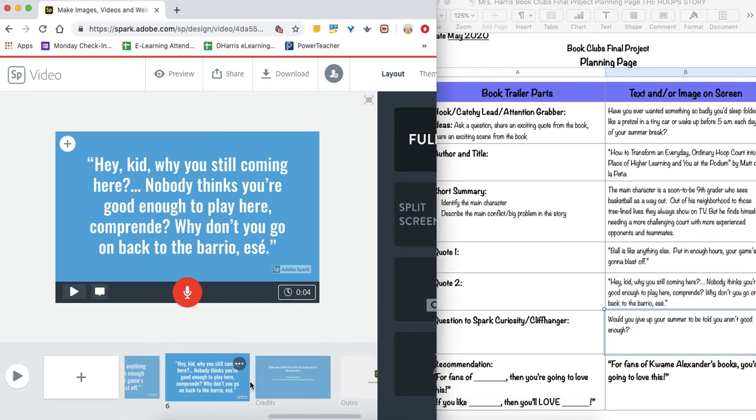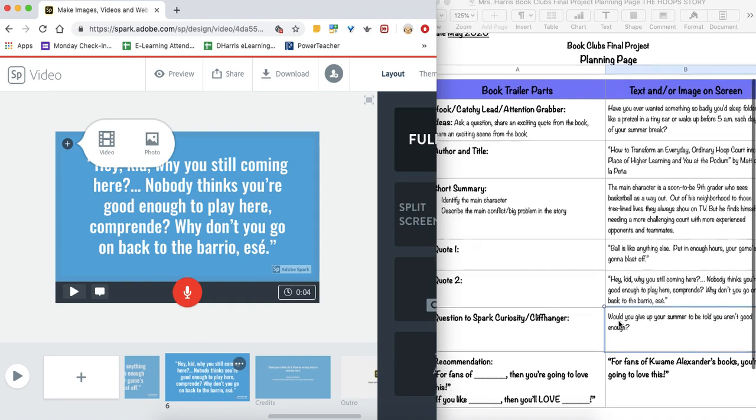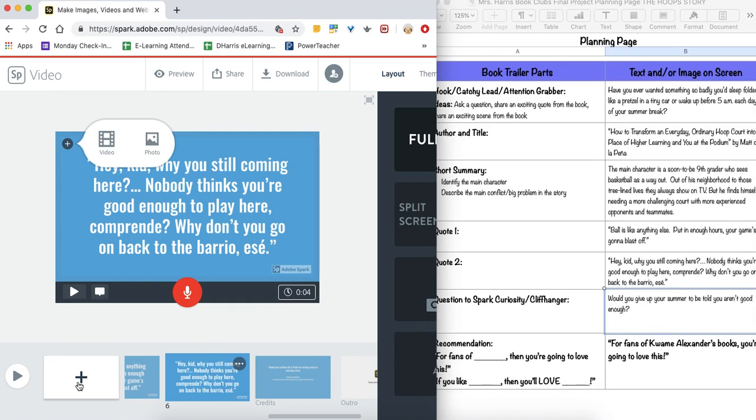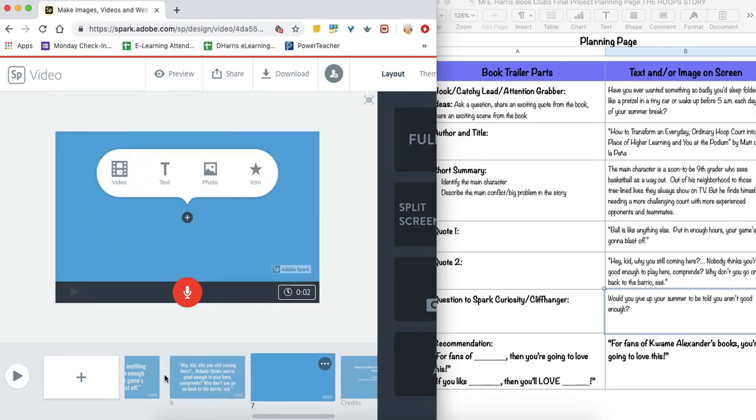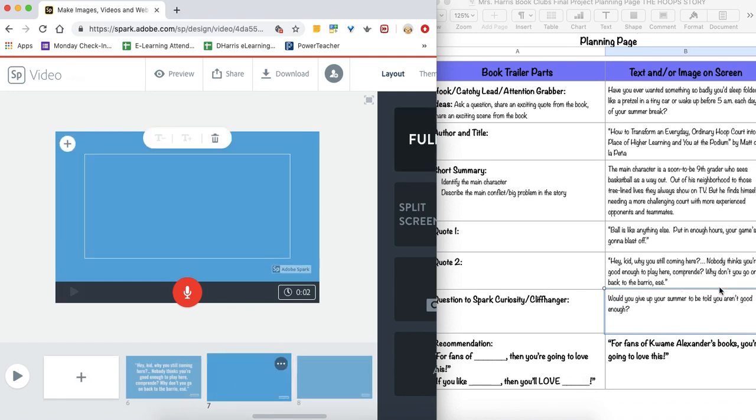All right, so now you notice that I'm at my credits page. So down here, my next one would be that. So really, I've run out of room, and I still have 2 more boxes, but I'm going to add another one, and then add one more, so that I have room for those. So add text,